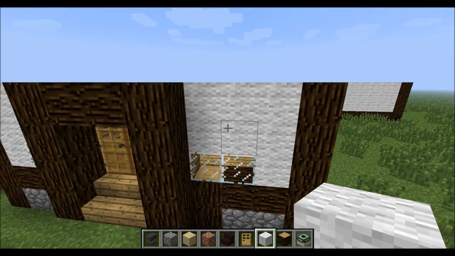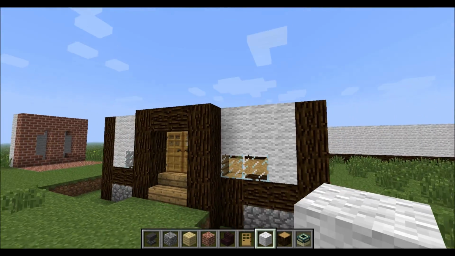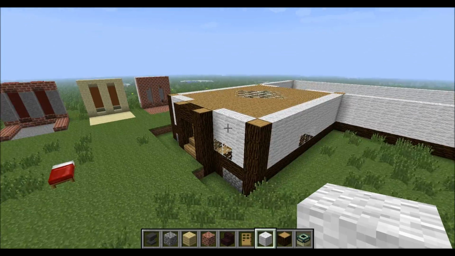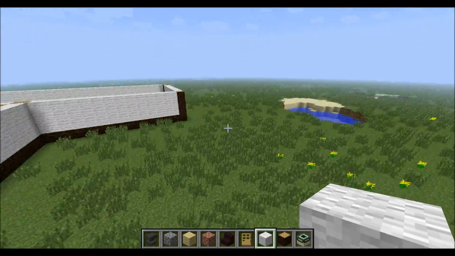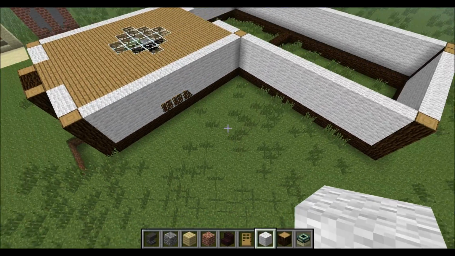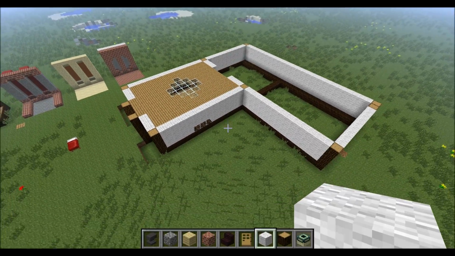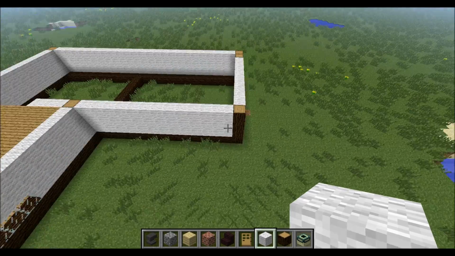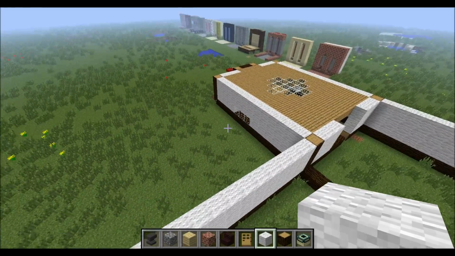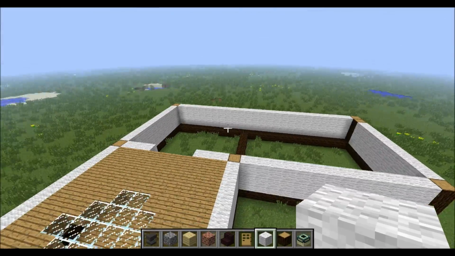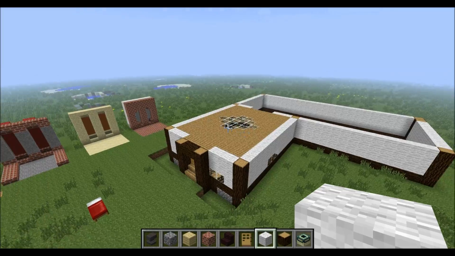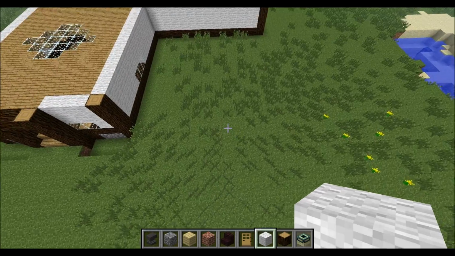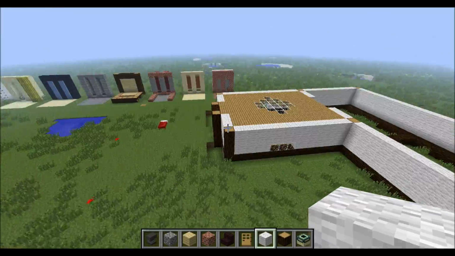Is anyone getting annoyed yet by these windows down here? We are going to remove those sooner or later, I promise. We're going to do loads with this building. Now, as you can see, I went ahead and decided that this building should be a bit larger. I decided to add another rectangle, the same size and shape as this one. The reason why I decided to add another rectangle in that direction instead of just making it larger by basically